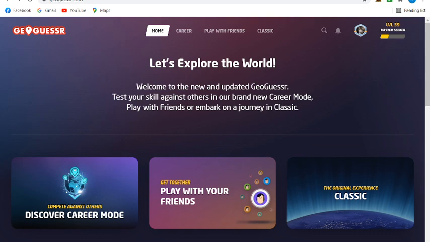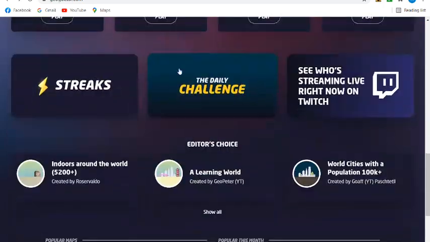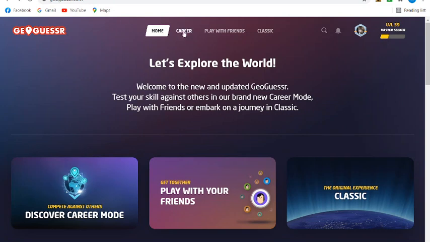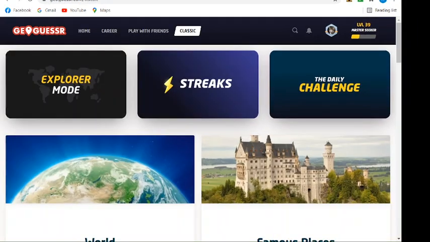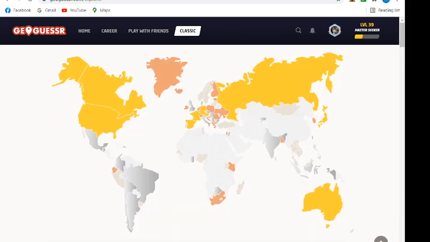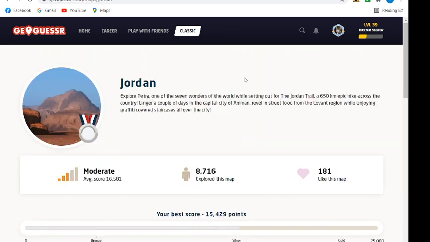All right, so we've got our next installment in this 8-part series, and I keep forgetting that they don't have Explorer on this. You have to go to Classic, and then, all right, we have Explorer mode, and then, all right,